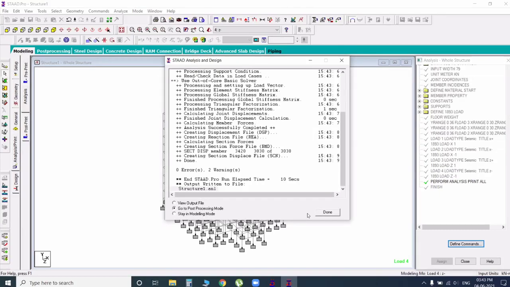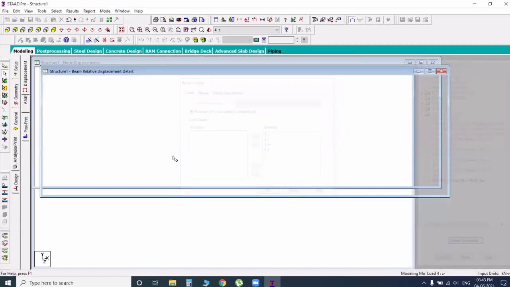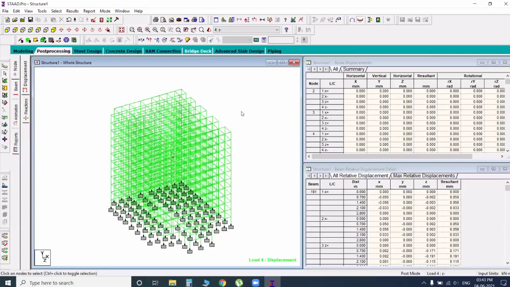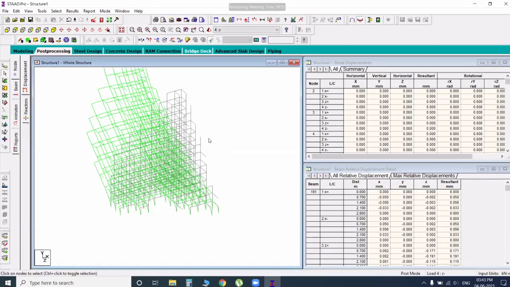Now go to post-processing mode. Done. Okay. Escape. Here you can observe it's a deflection drawing. Okay. Deflection drawing. For scaling, control and scroll button. Control and scroll button like this. Okay.